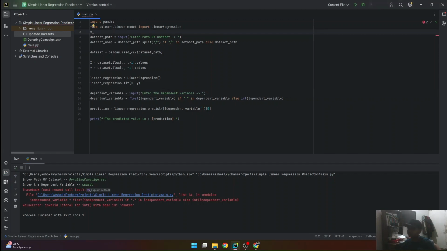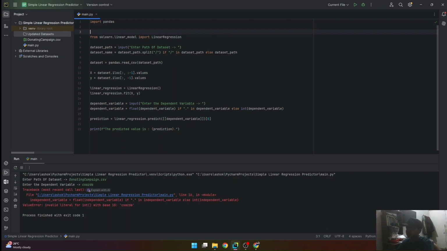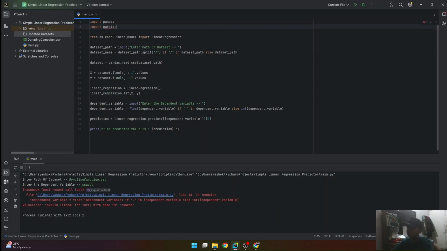Okay guys, now let's do the plotting of the values of the model. First, for that we have to import the matplotlib library. Again, we'll import it using the REDPAL.